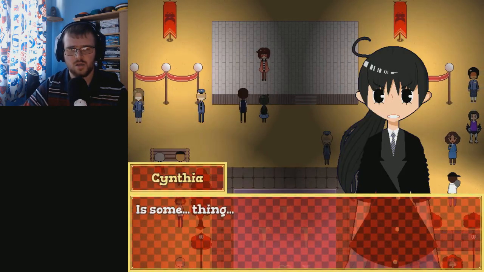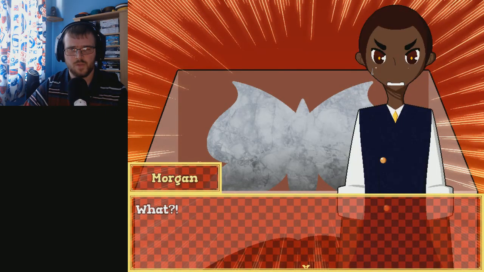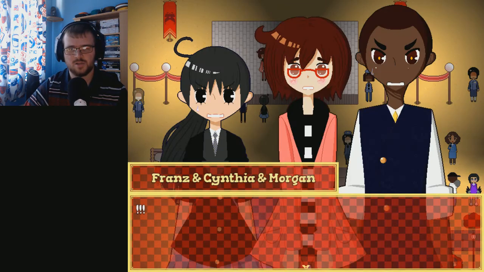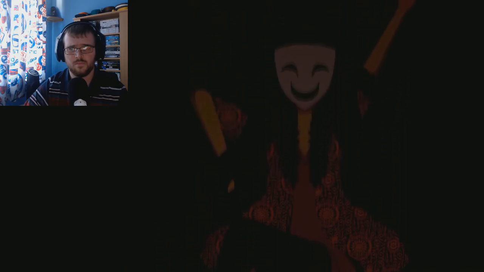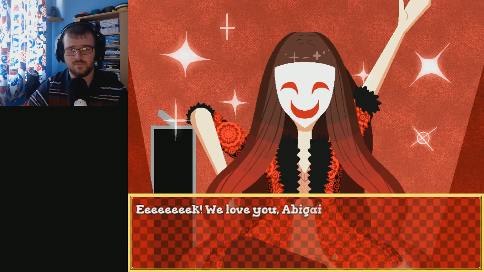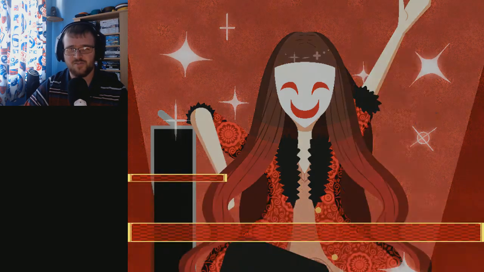What? Huh? Is something wrong? What? This is one of the marble decorations of our living room. Are you kidding me? Could it be? Everyone, get moving. We need to find Fortune right now. Ladies and gentlemen. Are you having fun on this fine evening? Yeah. Fortune, you son of a...